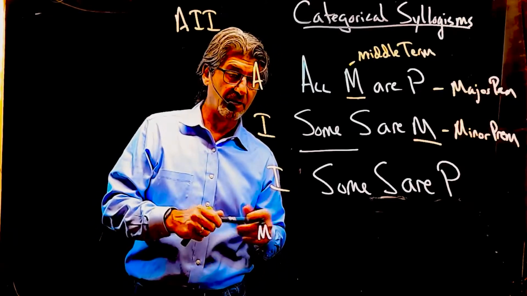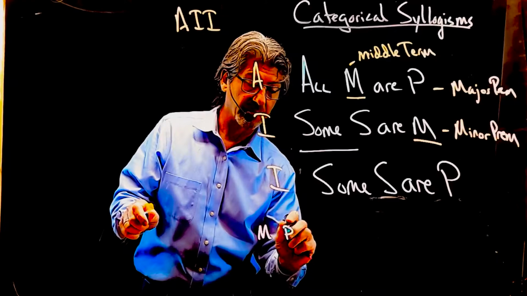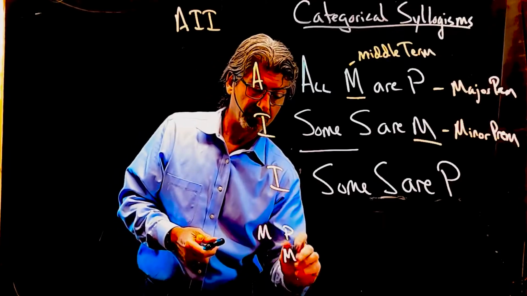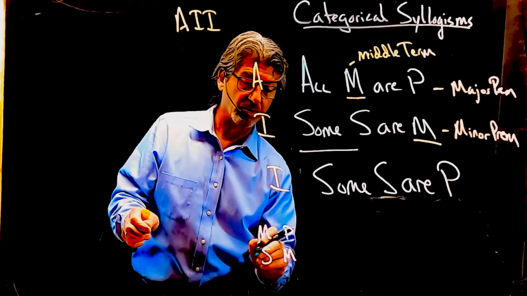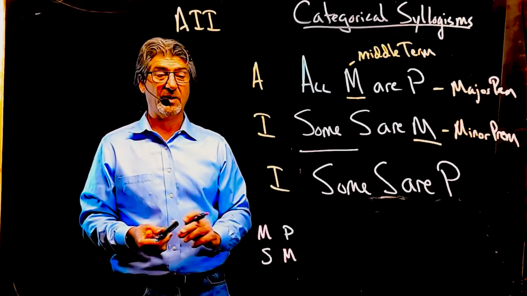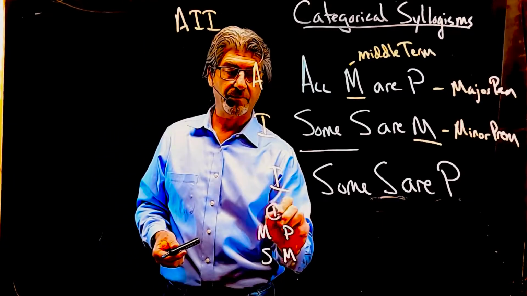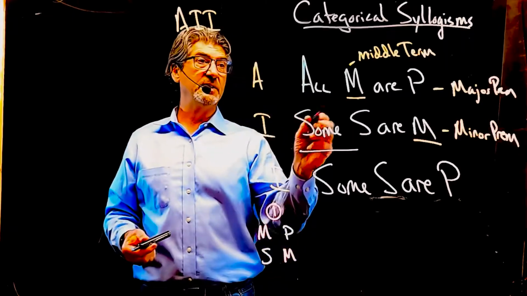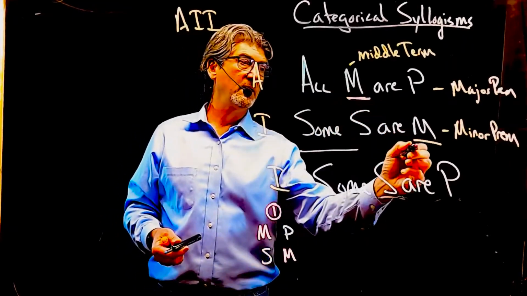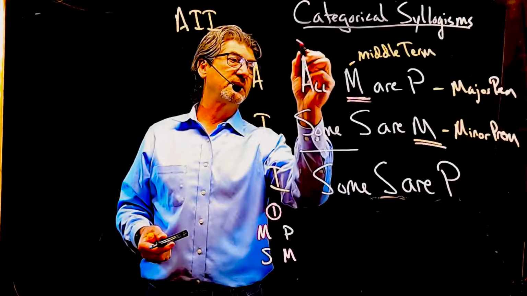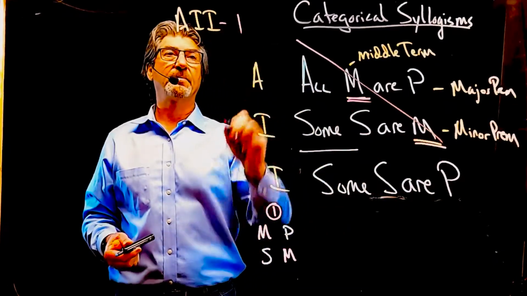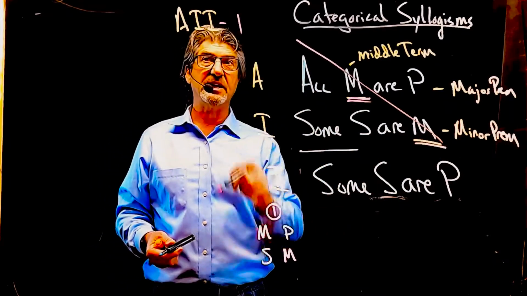And then appear in the predicate of the minor premise. Okay, and that's what we call figure 1. Okay? So this has the major term here and here. That makes it figure 1. So this is an AII